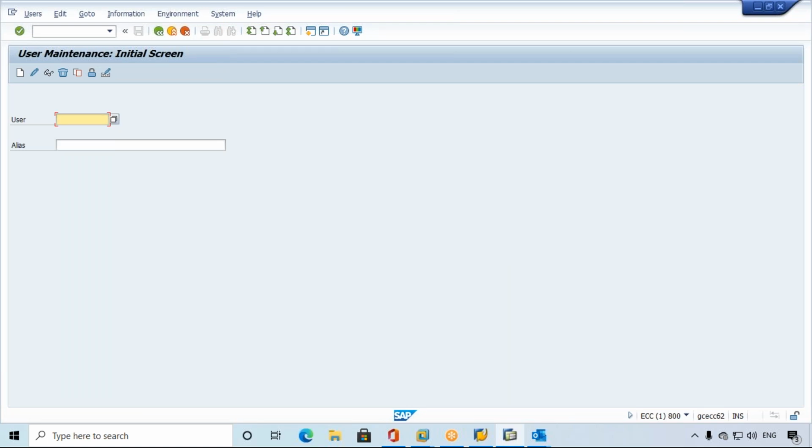In practice time, okay, no issue, because we are using our own practice system. But in real time, we should not create user IDs unless we get the approval mail from the manager. Whenever we create a user ID, it is going to be charged. Sometimes that is going to be a very big penalty.